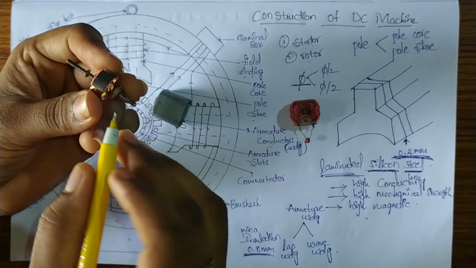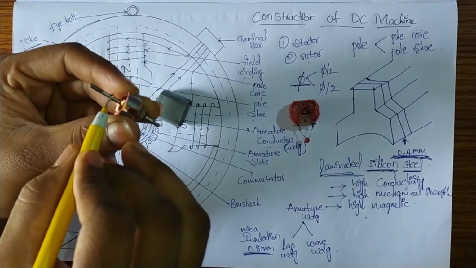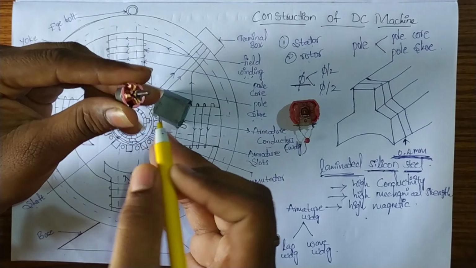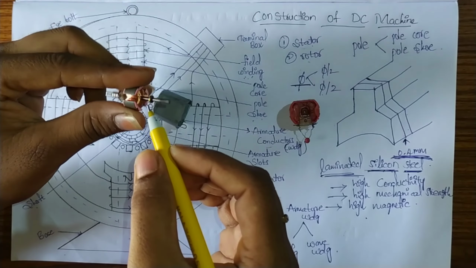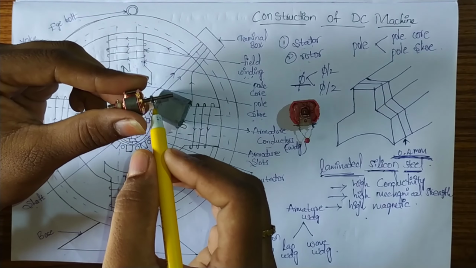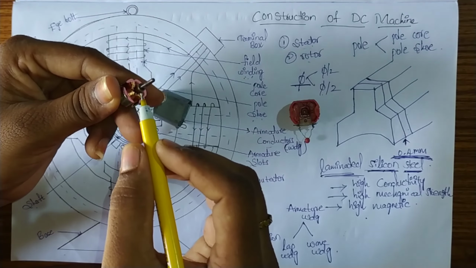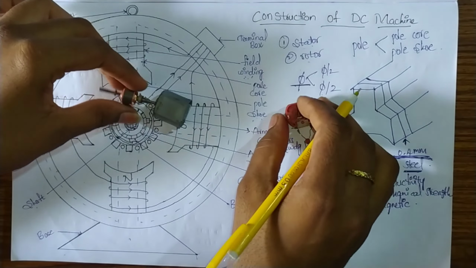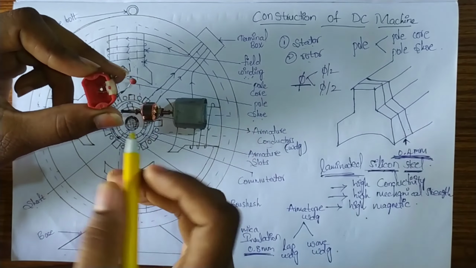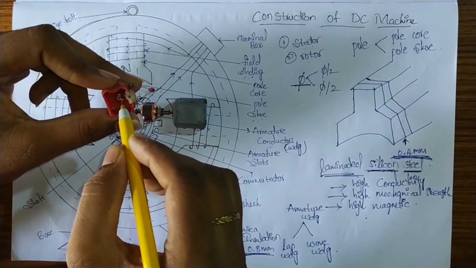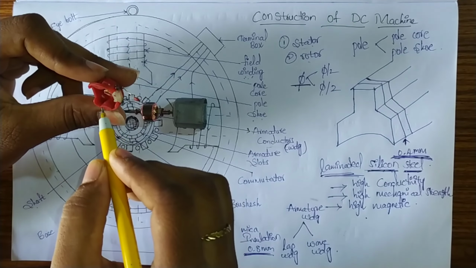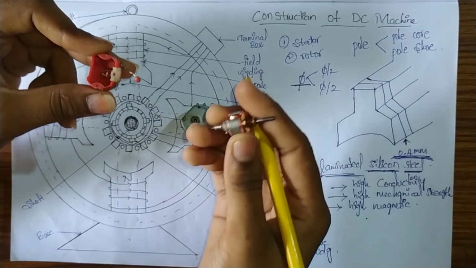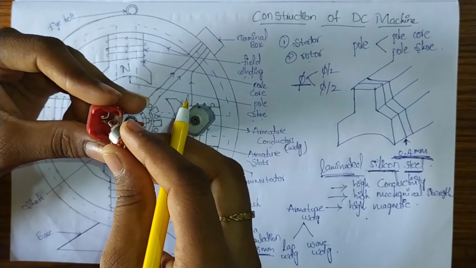And here you can observe that on the shaft we have the bearings. The main function of the bearings is to avoid frictional losses. In general, for this purpose roller bearings or ball bearings are used. And next you can observe the brushes. These are the brushes which collect the current from the armature through the commutator. You can observe that the connection is made like this.